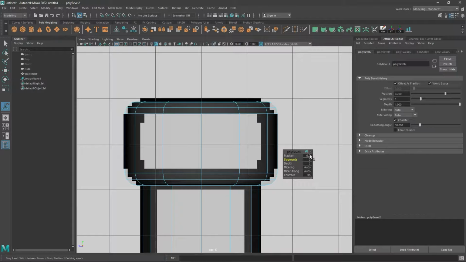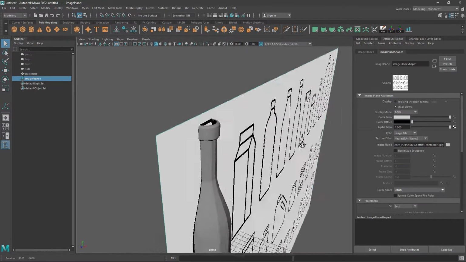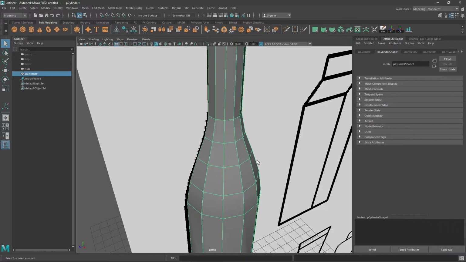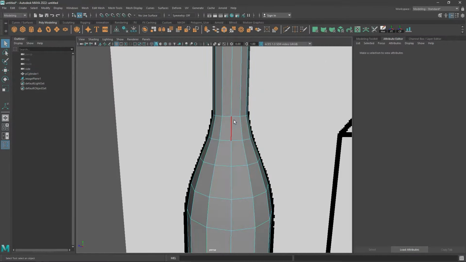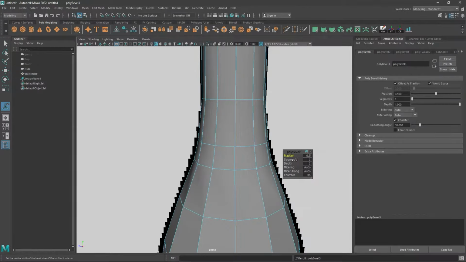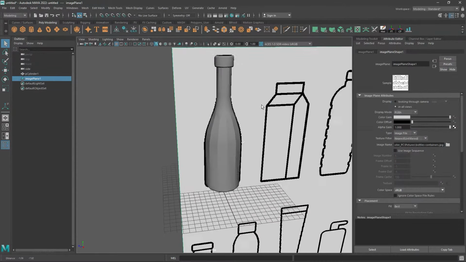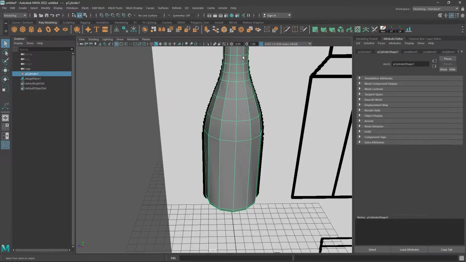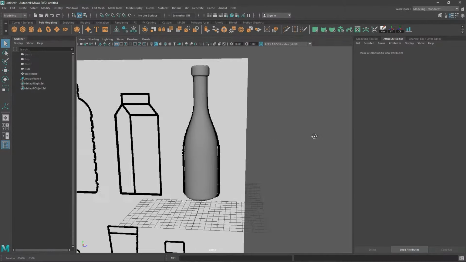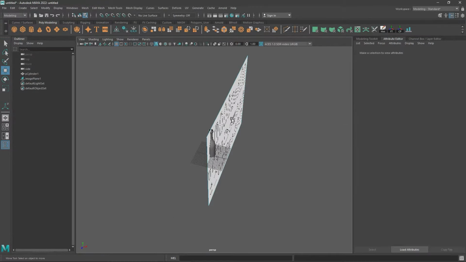Okay, so easy bottle. If you think it is too sharp, then use bevel and add segments. Okay, it will smoothen that out. Now press 3, it will change it to smooth mode. So here it is. Okay, I'm gonna save it now as model